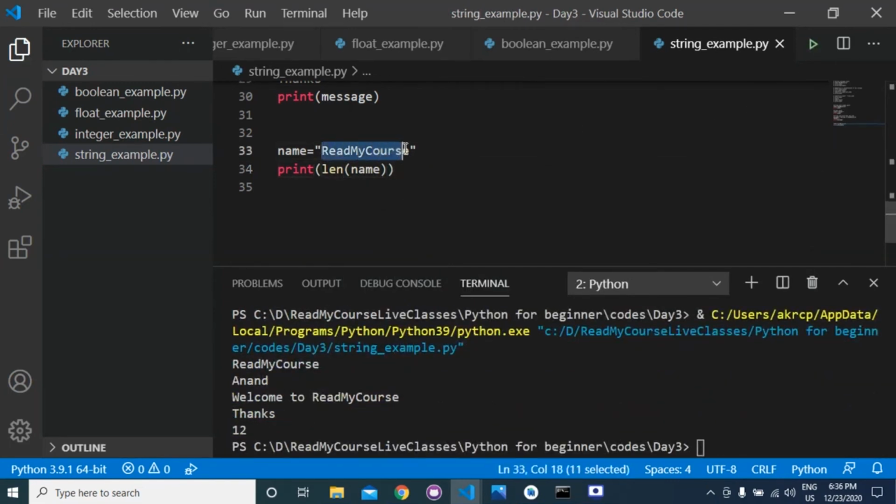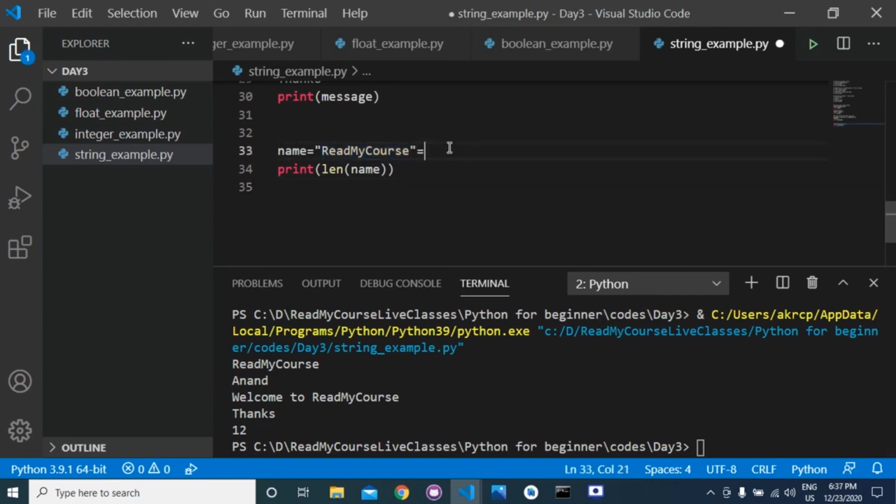The length is the count of the number of characters. READ is 4, then 5, 6, 7, 8, 9, 10, 11, 12. So the length of read my course is 12, that's why it is printing that.